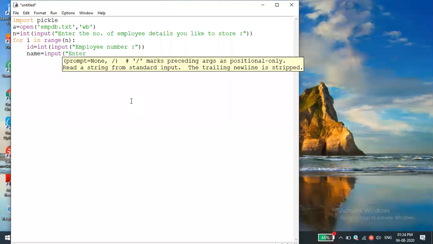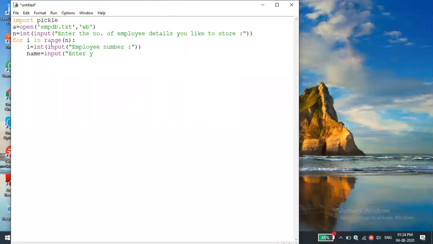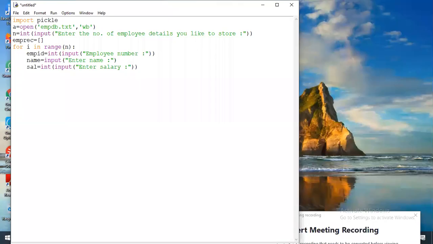Sir, ID is any keyword, sir? No, no, no. It is not a keyword. It's just a variable. But why is it printing in a violet color, sir? But name is in black color. Yeah, yeah. Correct. Of course, ID is not a keyword. Let me see that. Okay, EMP ID we are giving. I think some network issue. Now is it okay, sir? Yeah, okay. I catch your point. Let me tell how to solve your query.